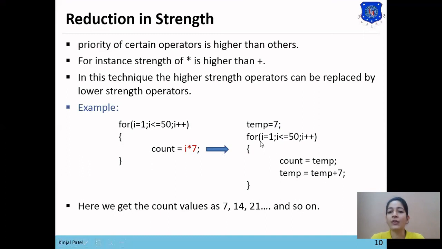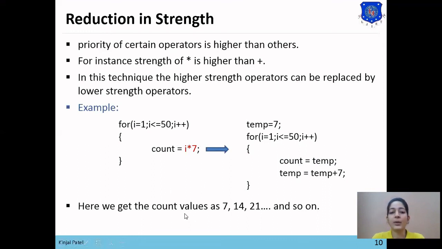So now for i equals 2, count will be 14. Same as in the earlier example, for i equals 2, count is 14, that is 2 multiplied by 7. Now temporary equals 14, so the new temporary value will be 14 plus 7, meaning 21. So for i equals 3, count will be 21.